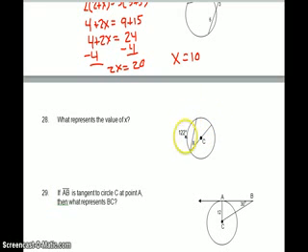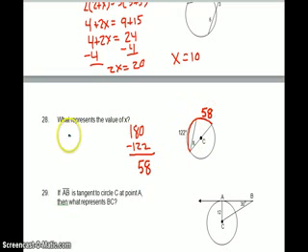So all of this has to add up to 180, so we'll just do 180 minus 122, and there's that. Looks like 58. So the arc is 58. Angle has to be half of that, so if we do 58 divided by 2,